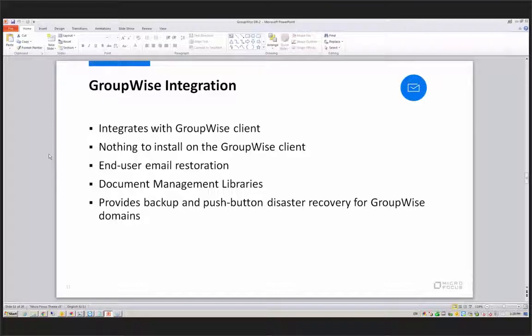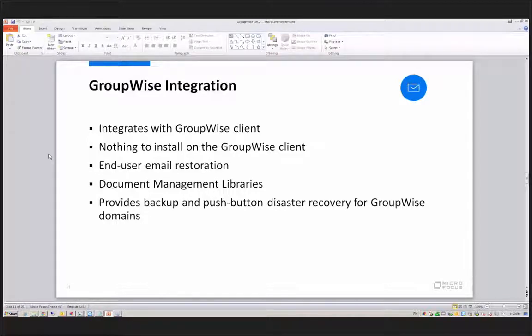Basically, what access mode does is it just loads a post office agent that the user can connect their GroupWise client to. So that means they need to close their GroupWise client, open it up again, and point it to the GroupWise Disaster Recovery server. And then the GroupWise client will be able to see everything that was in that post office at the time of the last backup, including their address books and including their documents as well. So they can export an address book, or they can export a document and then bring it back to the live system by disconnecting the client and reconnecting it to